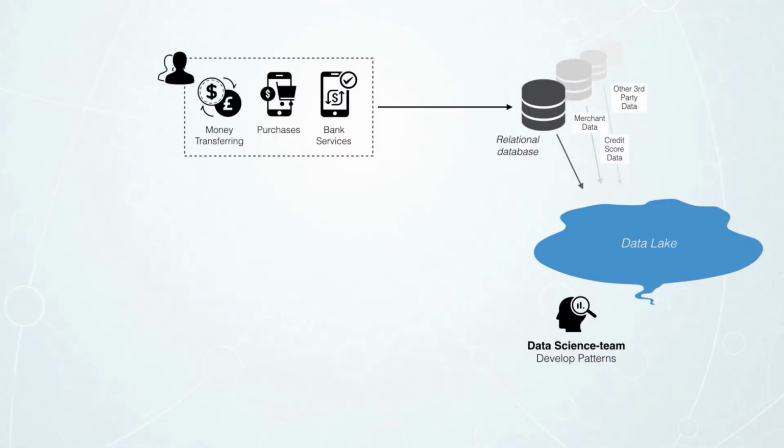So how do we put this together in terms of architecture? Let's say you have your purchases coming in. They're going into a transactional database. You have your merchant data, you have other third-party data, you have credit score data, also coming in to a data lake, and you have your data science team building insight not only on your customers, but also possibly helping prevent fraud by looking at all of this data. So you may build these patterns that your data science team proposes, and then